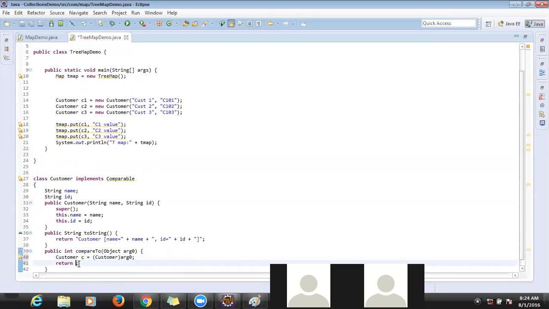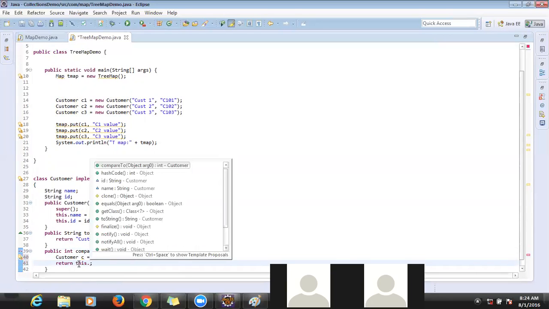Okay, now this dot name. I want to sort based on name.